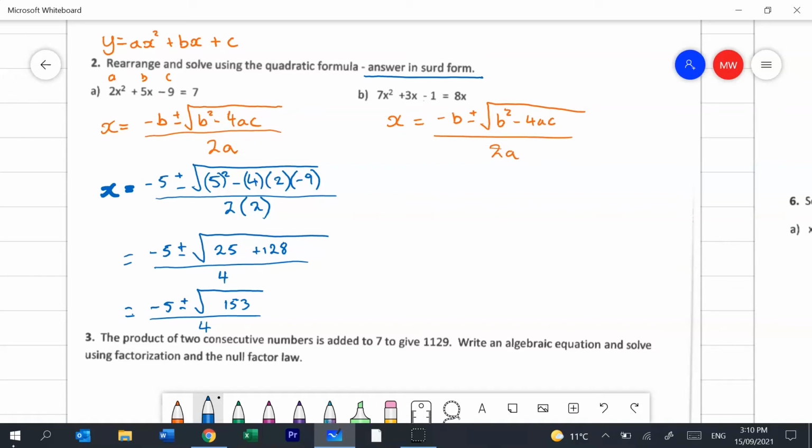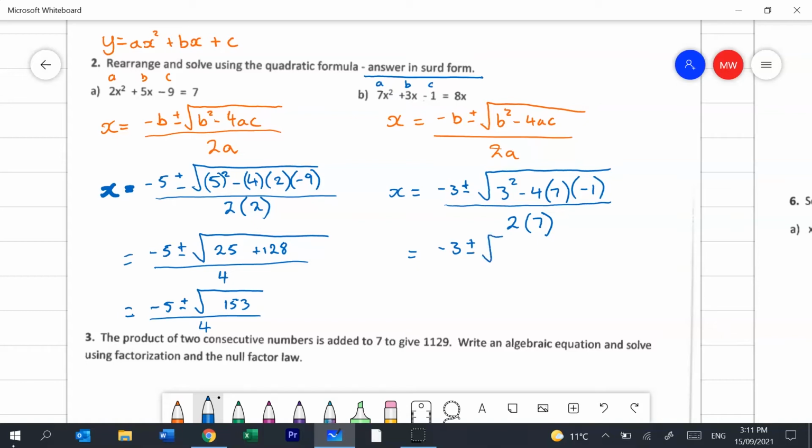Sub in. So we've got a value of a, a value of b, and a value of c. So x will be minus 3 plus or minus the square root of 3 squared minus 4 times 7 times minus 1, all over 2 times 7. Simplify: minus 3 plus or minus, 3 squared is 9, and 4 times 7 times minus 1, so minus 4 times 7 times minus 1, 2 negatives there, so 28